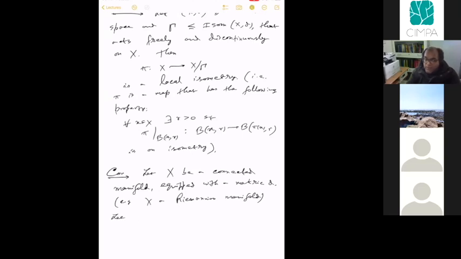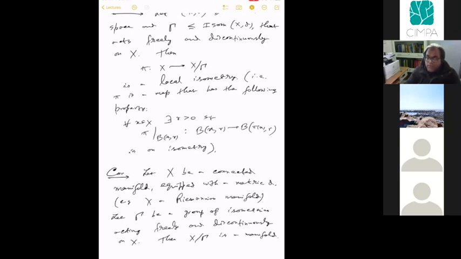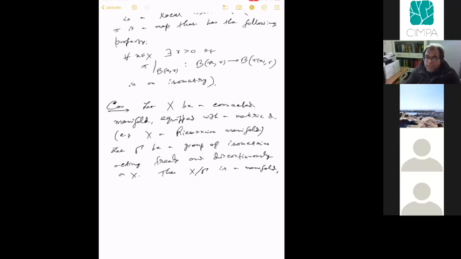So let gamma be a group of isometries acting freely and discontinuously on X, then X mod gamma is a manifold and